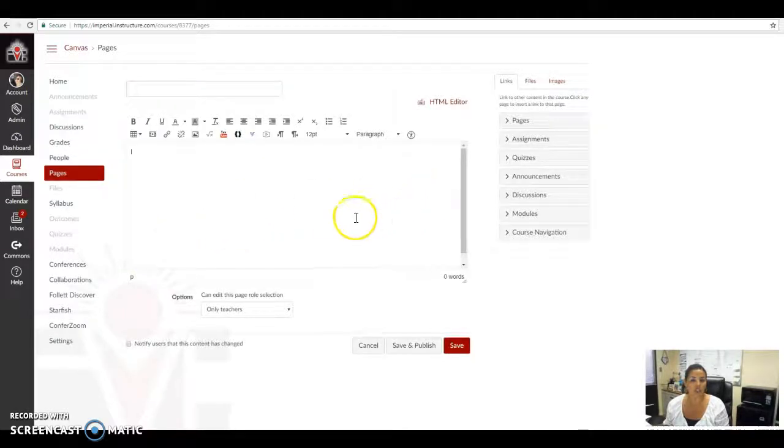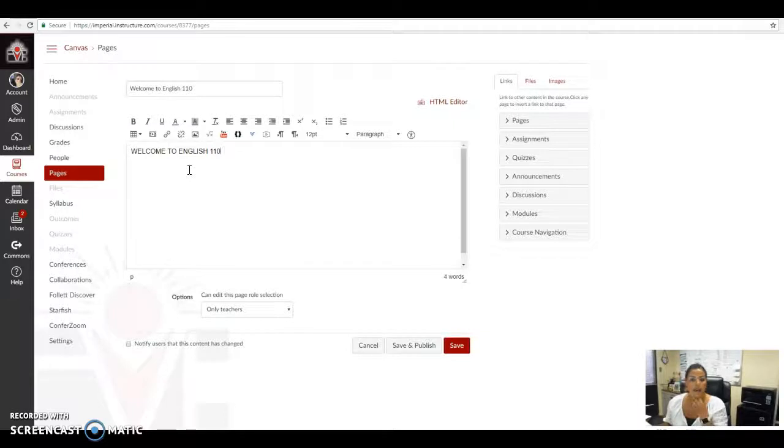So once you click on plus page, you're going to have a blank page. So first I'm going to create a title, and I'm just going to say Welcome to English 110 because that's what I teach. And then here in this area, you are going to add text, a picture, whatever you want for the students to see in that very first welcome page when they log on to your course. So then I'm just going to write again, Welcome to English